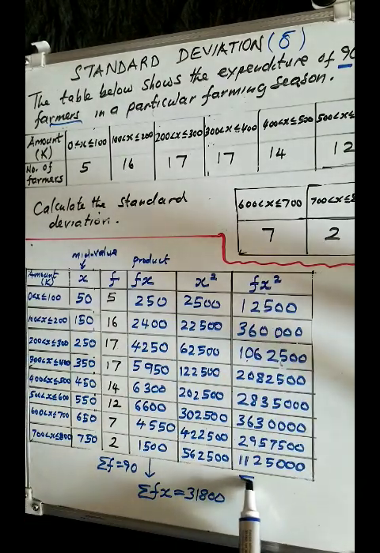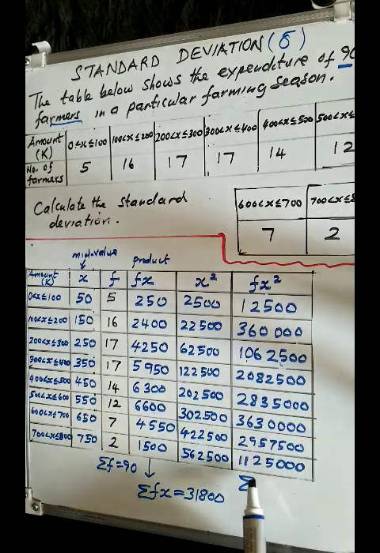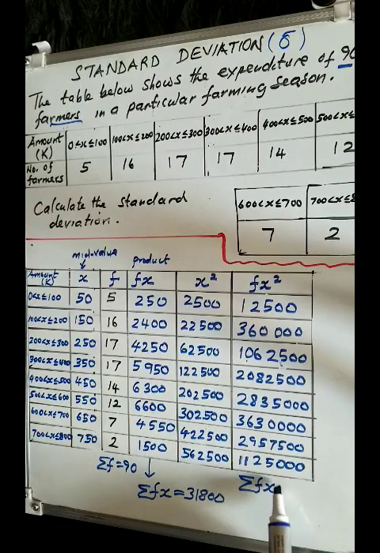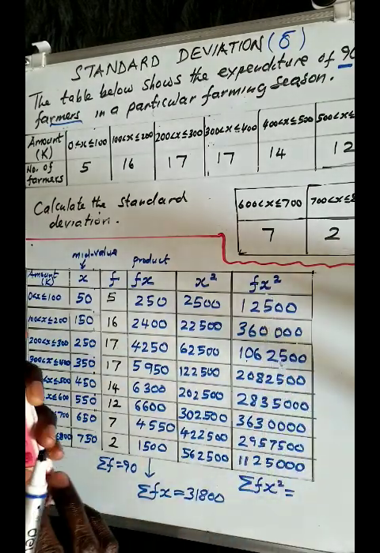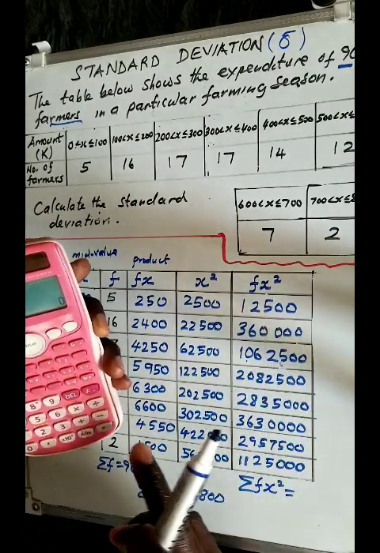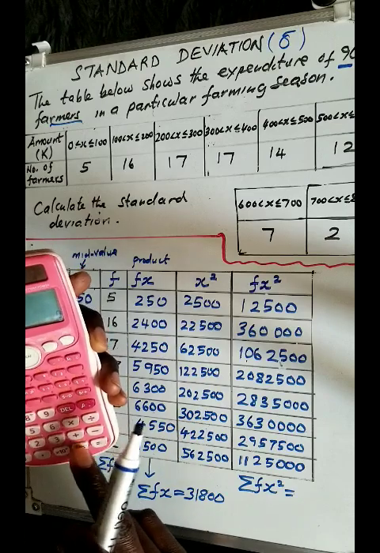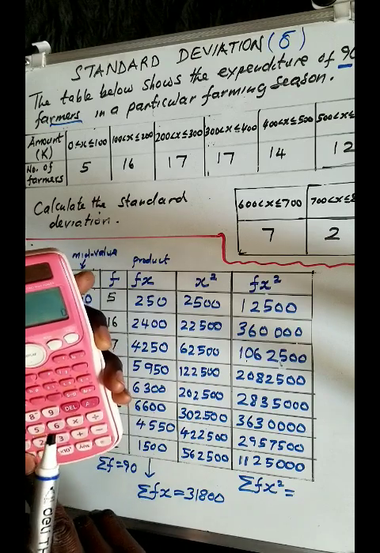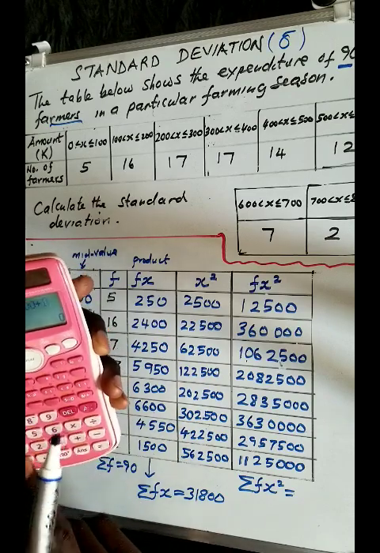Again, the last thing that you need to know is to find the sum. So this sigma is the symbol for sum. It is the sum of fx squared. So we want to add all that. So let's try to see. 12,500 plus 360,123 plus